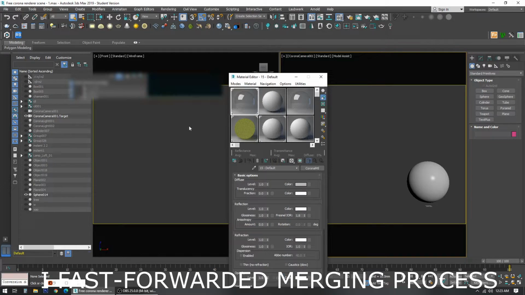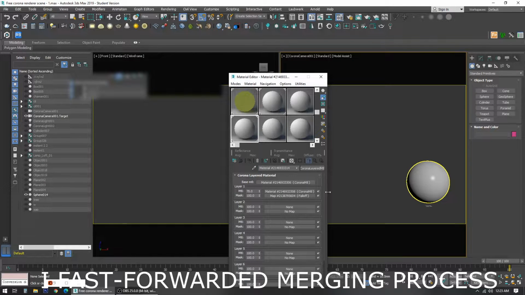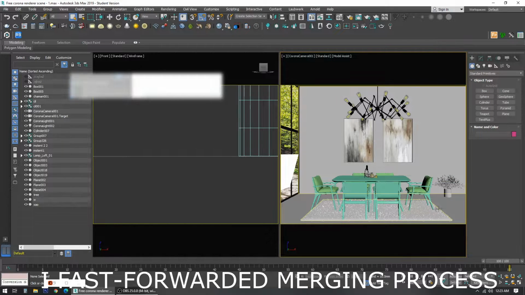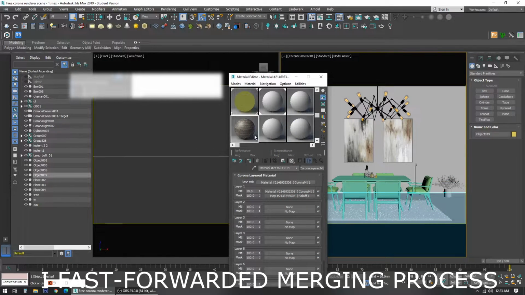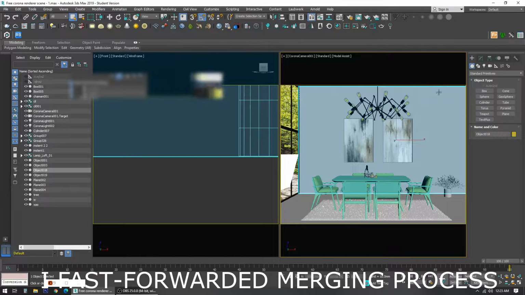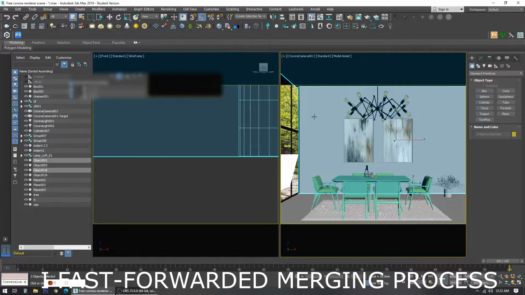So we're going to open material editor and we're going to pick material from the sphere. So let's assign material, and we don't need to change the UVW. So in this wall and in the slab, on the slab we're going to put